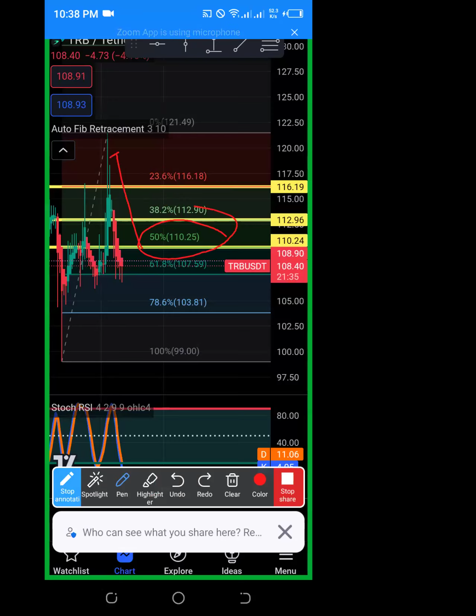So this is just a premium. Above 50, it is a premium. We don't always enter the market when it is in the premium region. It means the asset has been overbought, and when people buy more of this asset, expect the price to go down. So above 50, that is a premium region. Don't enter the market, especially when you have smaller capital. Wait for the market to retrace to 50%.